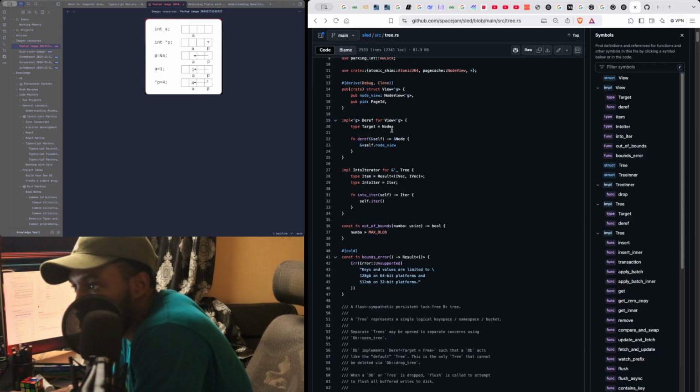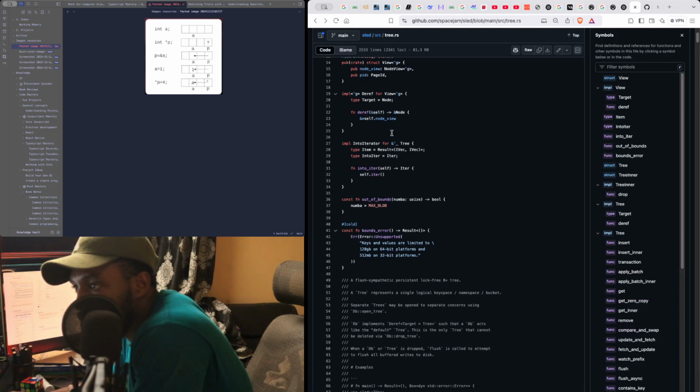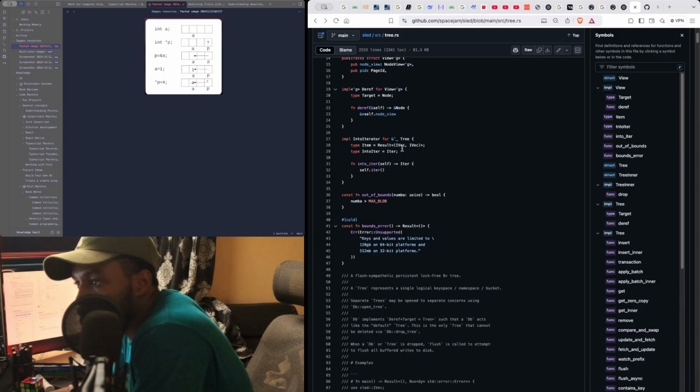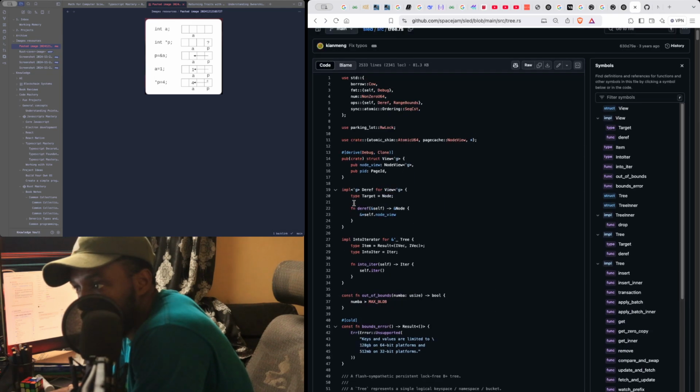Okay, so two tuples of 64 bits, that is 2 items in a tuple of 64 bits square. So 64 bits index 0, 64 bits index 1 are the results to item, and for which we are implementing an IntoIterator. So almost like iterating through. Okay, this is type Item, right? Is type Item a return type ever used here? Nope, it's not used in the trait implementation. Okay, but